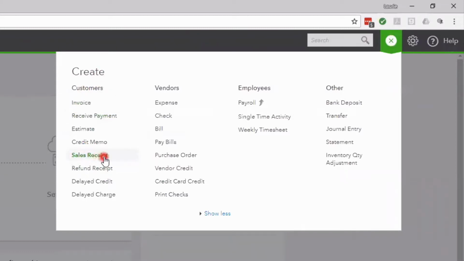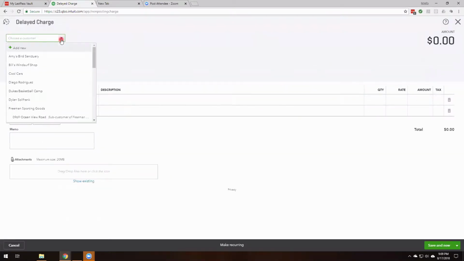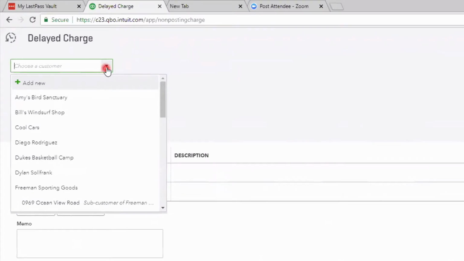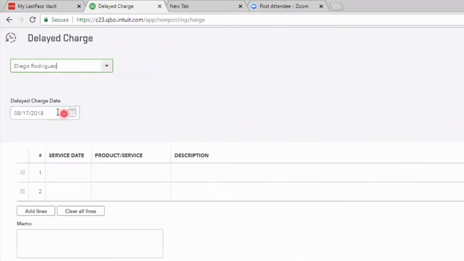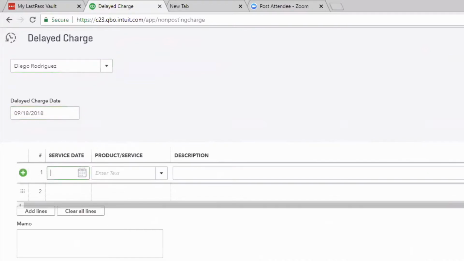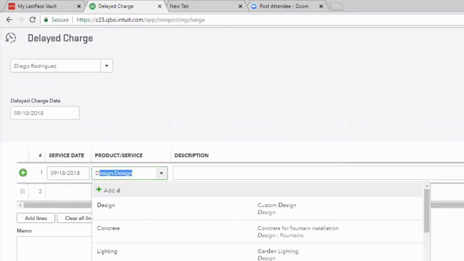So we have a sales receipt, we have a refund receipt. Now let's talk about these two items. They're a bit obscure, but you know, they're worth noting. So I want to talk about the delayed charge. Okay, we're going to go in there and create a delayed charge. I'm going to create it for Mr. Rodriguez. Okay, and we have an account with him, and we are putting in our information here for our design services,